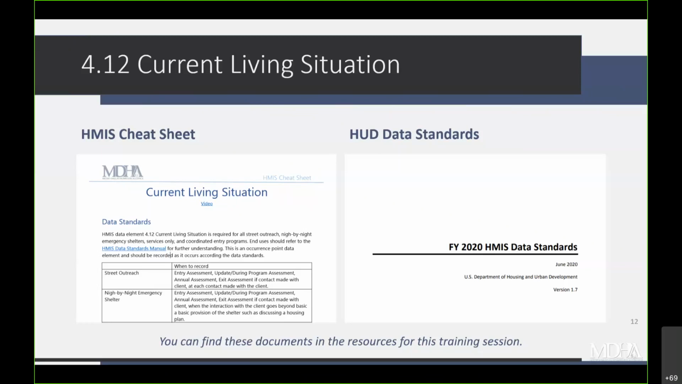And if you have any other questions, you can definitely come to us. That's part of our job at MDHA as the HMIS team, is to help our community interpret those data standards and interpret HUD's guidance. So we're definitely here to help with that, but I do just recommend putting eyes on it yourself as well. There is some quoted language in our HMIS cheat sheet that's directly from the data standards,